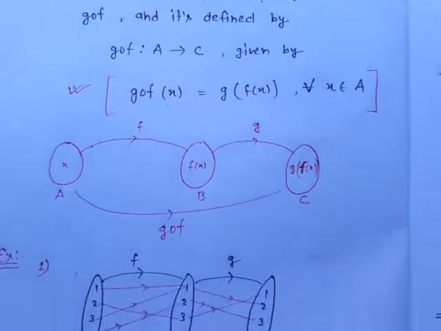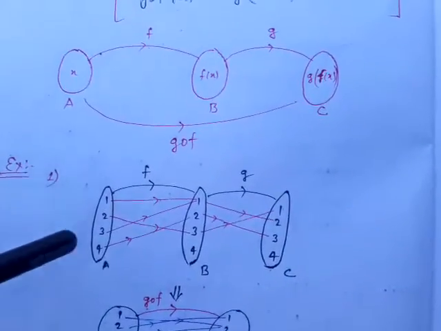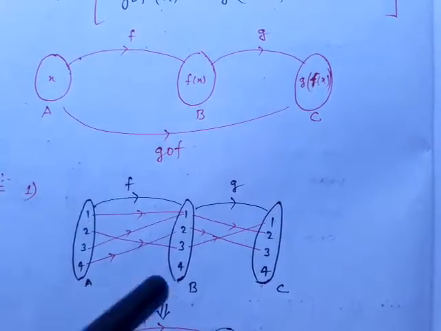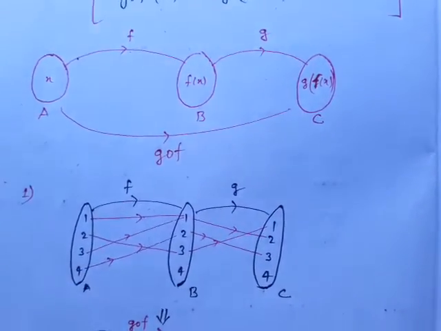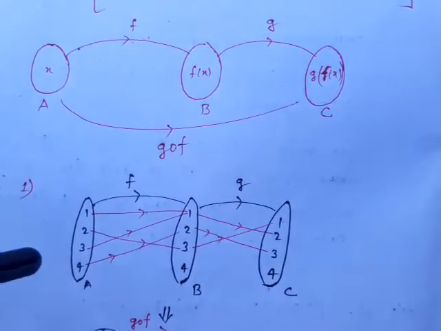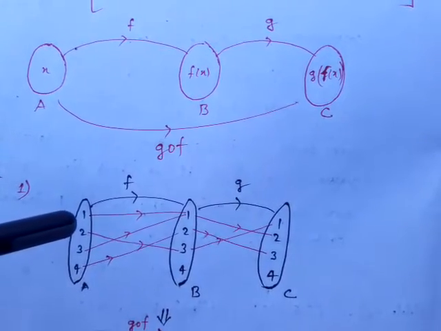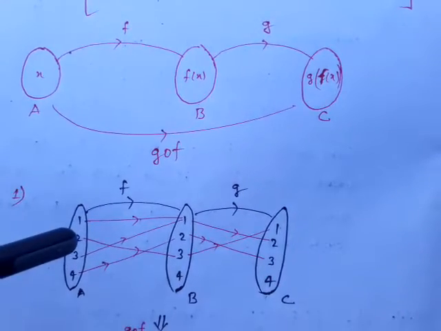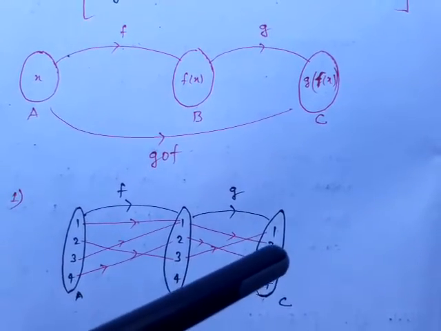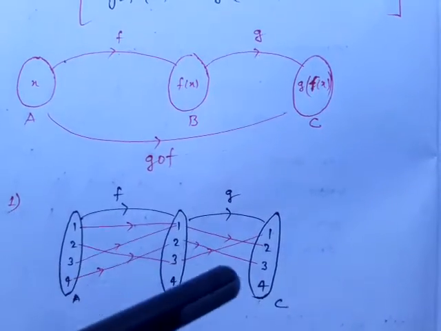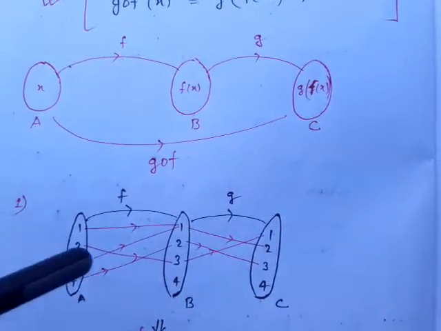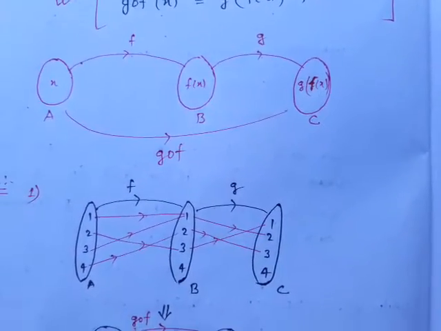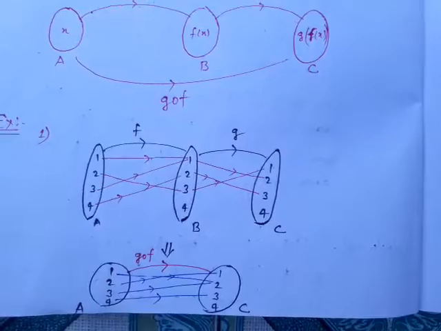It's also clear with one example. Here there are three sets A, B, C, with function f from A to B and function g from B to C. Each set has four elements. The image of 1 is 1 and the further image of 1 is 2. The image of 2 goes to 3 and 3 goes to 1. 3 goes to 1 and 1 goes to 2, and similarly this is the function for f and g. The composition function g∘f is given below.